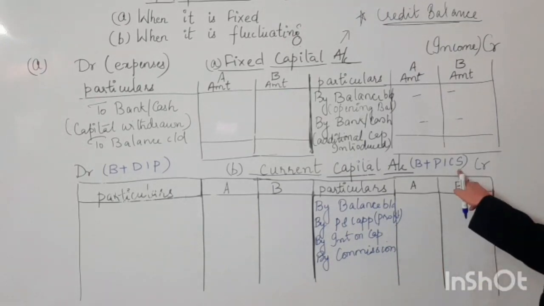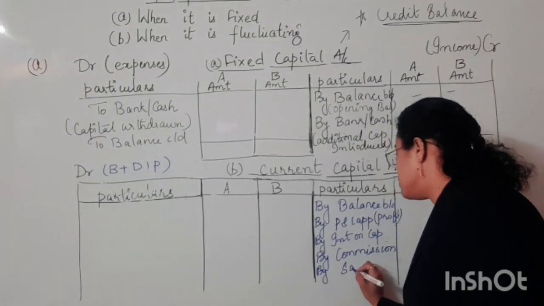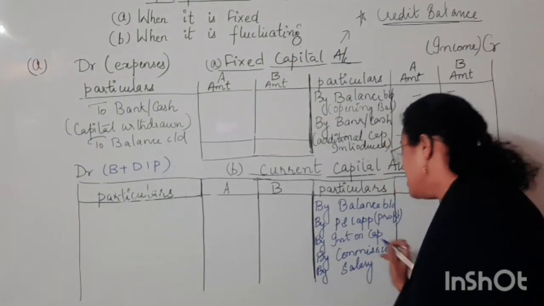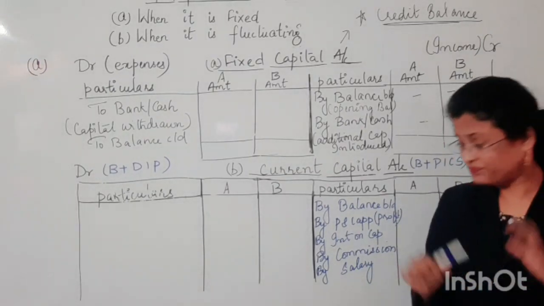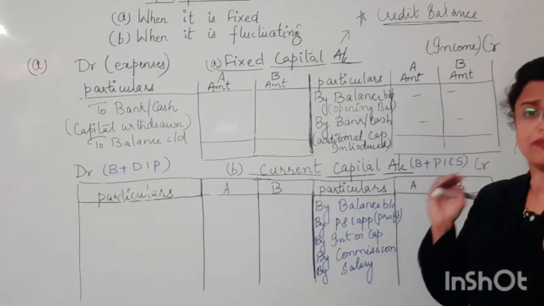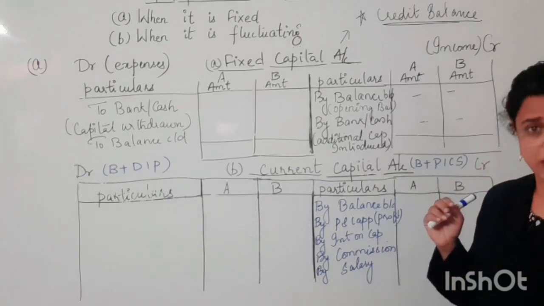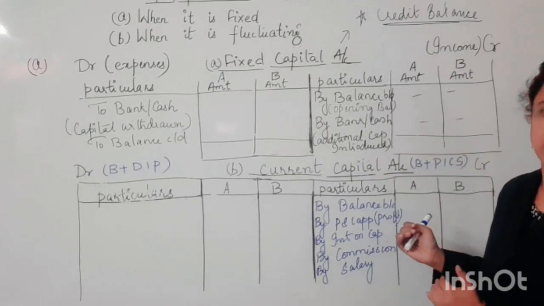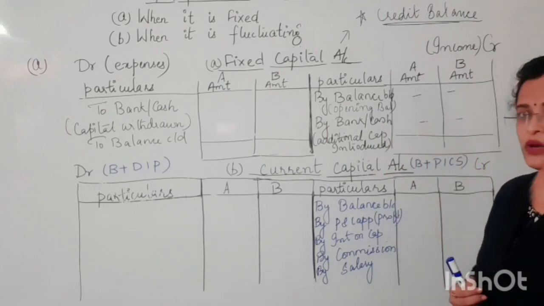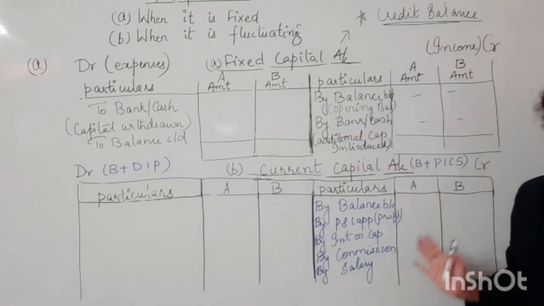Now the next thing that comes is S. This S stands for the salary. Children, if you're thorough with the P&L appropriation, in the format you would have seen there are some expenses and some incomes relating to the partner. We are showing them here. Almost the same things are carried forward to the partner's capital account. If you're thorough with this, you can bring the same thing forward here, apart from the net loss and the net profit.